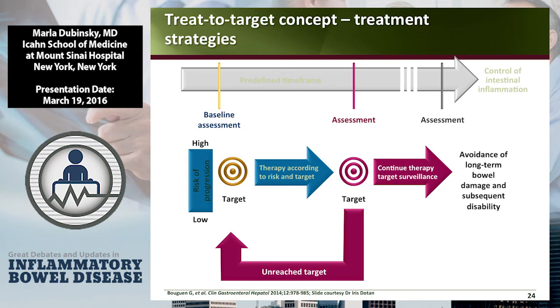And this is this whole target. You need to reach it. You decide based on what Robin talked about yesterday. You risk stratify. You decide this patient needs whatever therapy. I don't care actually what therapy you're using. As long as you use your therapy according to your risk, you decide your target, which is an objective measure, hopefully your mucosa. If you haven't reached your target, you come back, you re-stratify, and try another therapy. The cycle continues. Don't give up on the cycle until you've achieved your outcome of interest.